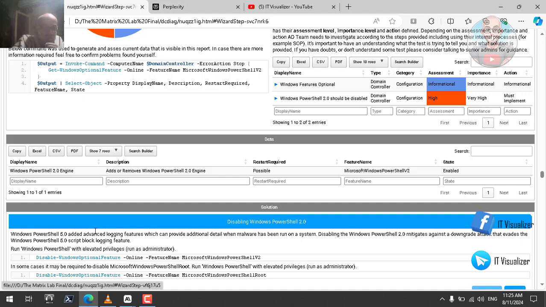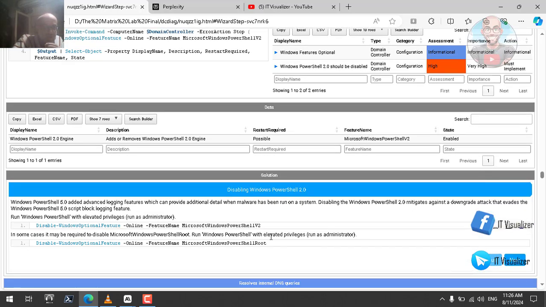He's saying here that Windows PowerShell 5 added advanced logging features which can provide additional detail when malware has been run on a system. Disabling Windows PowerShell 2 mitigates against a downgrade attack that evades the Windows PowerShell 5 script blocking feature. So PowerShell 2 doesn't have logging features, while PowerShell 5 does. For example, if malware or a hacker infected the system through PowerShell, it will be logged. As we can see here, these are the two PowerShell commands you can use to disable